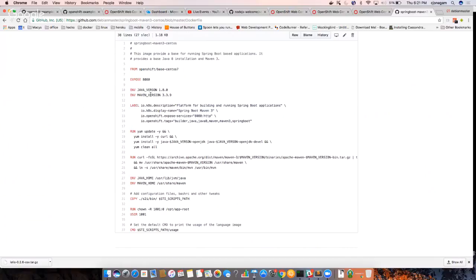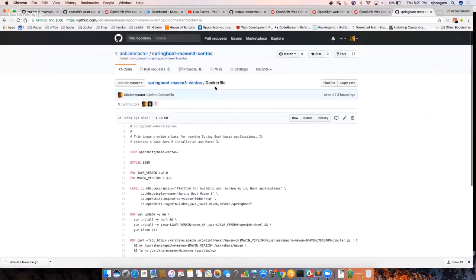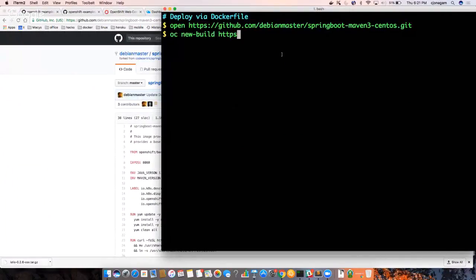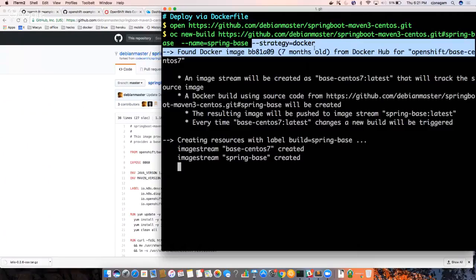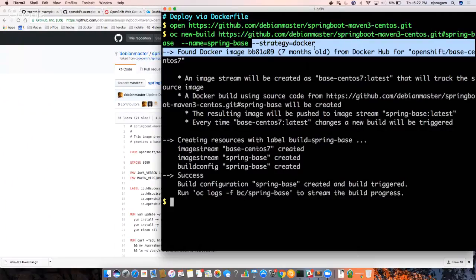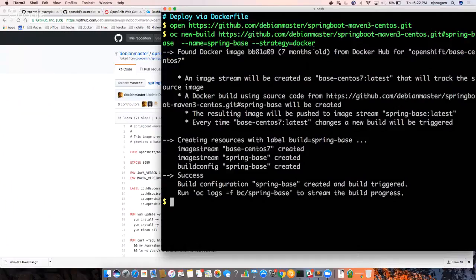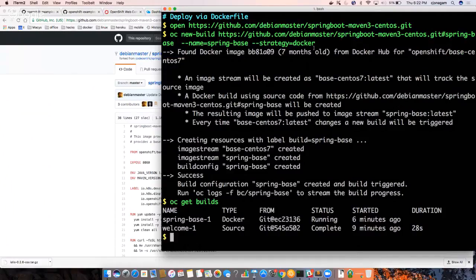So how do I tell OpenShift to do this build based on this Dockerfile? All I need to do is put this strategy equal to Docker flag here. That's the only thing that changes. You just say strategy equal to Docker, and now it understands that I need to read the Dockerfile and then do a build. Now, if I take a look in the build logs,